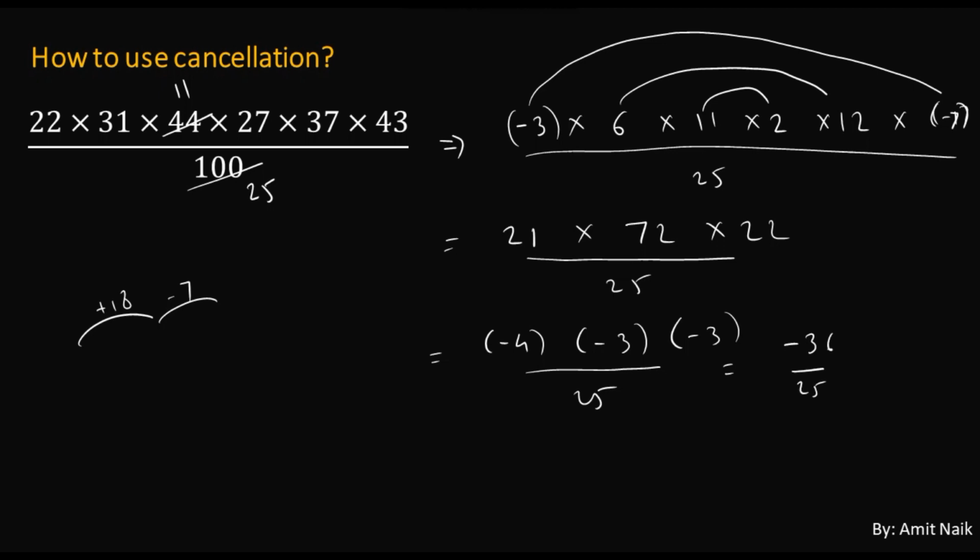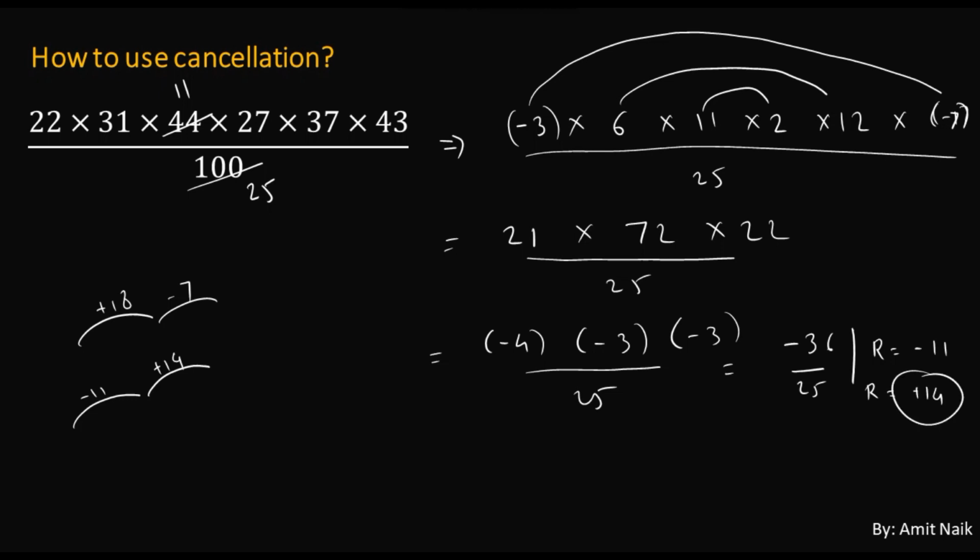Now this one gives me the answer in a negative remainder. 36 divided by 25 leaves 11, right? Means the remainder is minus 11. Whenever you have a negative number, don't worry about that. Simply find the remainder of 36 by 25. The remainder is 11, right? Give a minus sign to that. Now if the remainder is minus 11, then the positive should be equal to how much? Plus 14. So what I'm getting here is that the remainder comes out to be plus 14.